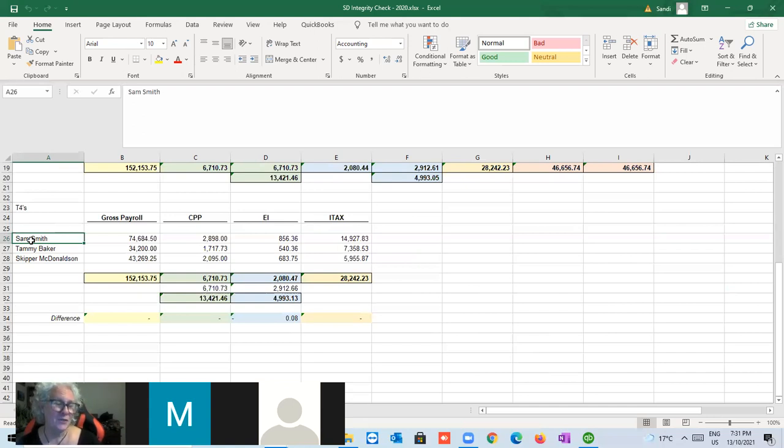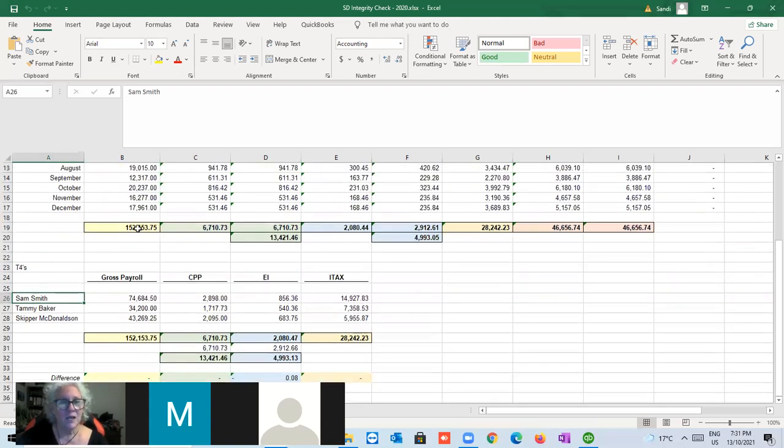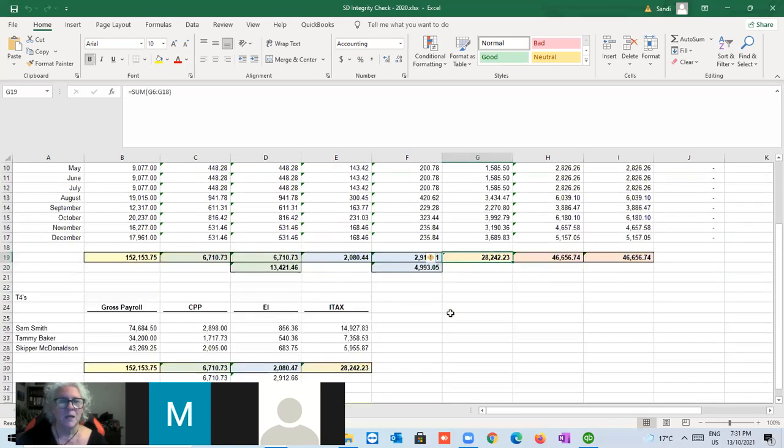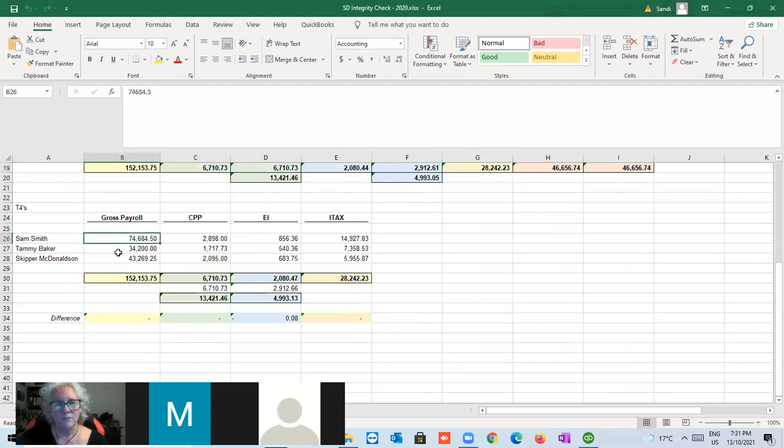And so what I do this time of year is I want to see where I stand. If October's payroll is finished, I can print off the T4s and do this math. What I'm looking for is here's what my PD7As say between everything. So there's my total CPP and there's my total EIs and my income tax. And then I come over and I run the T4s and do my T4s